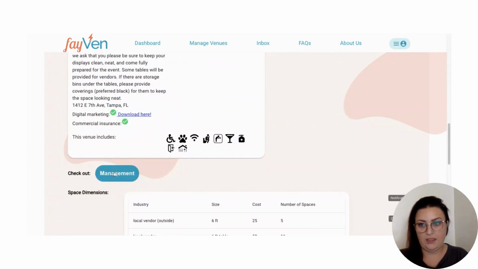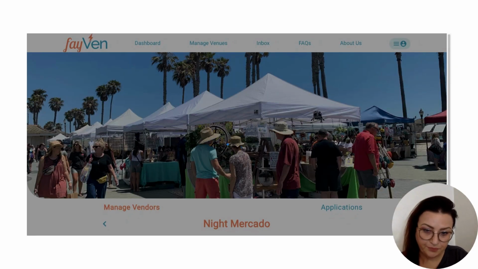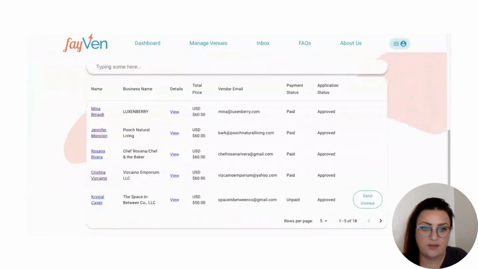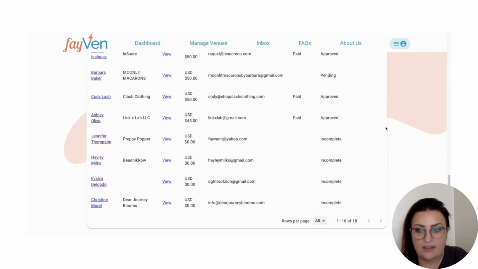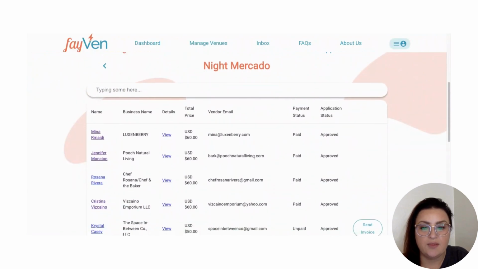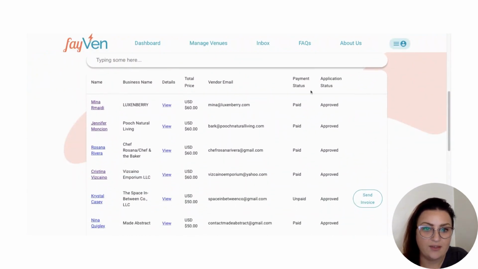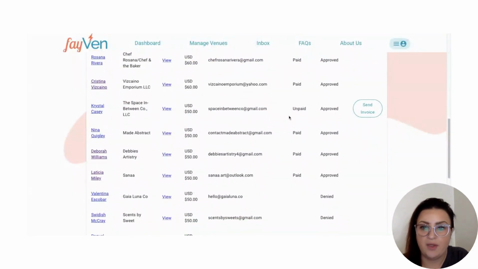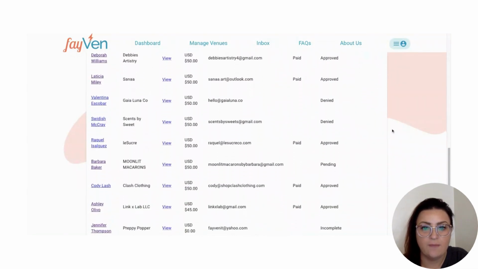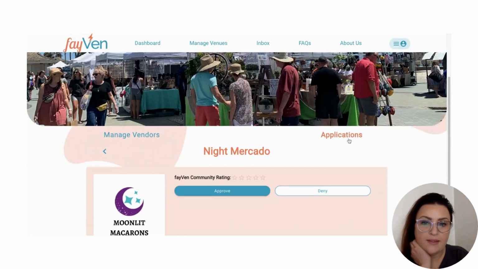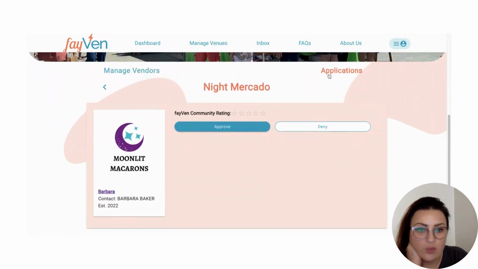And once you see vendors have applied, you go to the management tab and look at the applications. So for this one, we want to see all the different vendor applications. And since this event is already in the past, you can see who was approved, who paid. If they were approved but unpaid, you can send them an invoice here. And this is what it looks like whenever a vendor applies. So this is just one vendor that we didn't do anything with yet, but